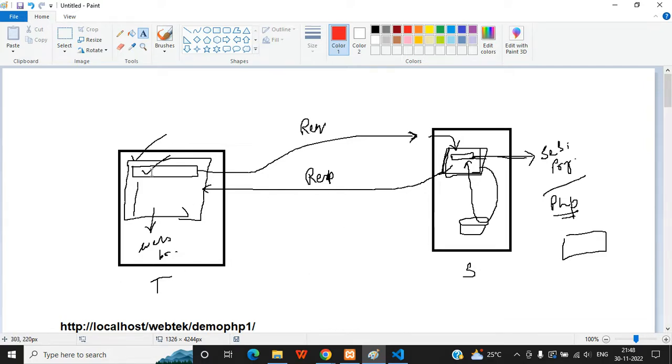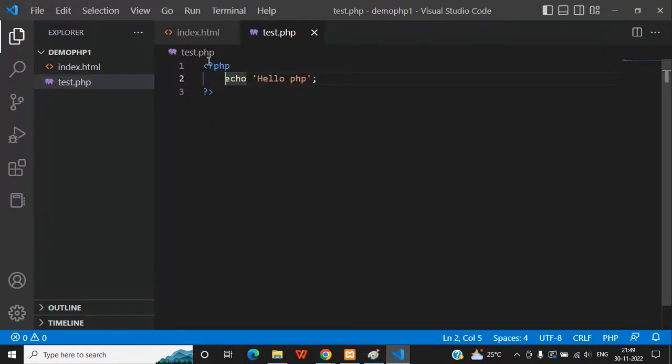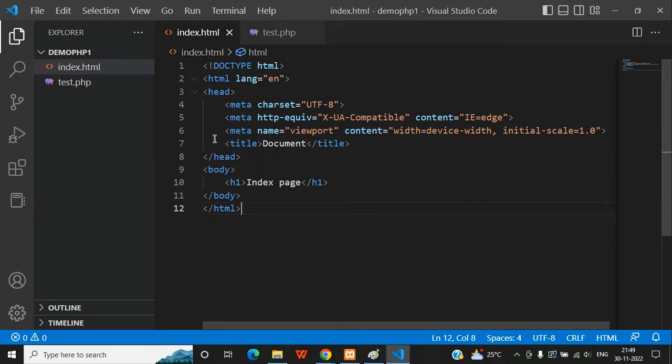PHP cannot run on your machine, on the browser. PHP will run inside the server, and it will generate the response. It will send the response in the form of HTML. Here in HTML, when you are calling index.html